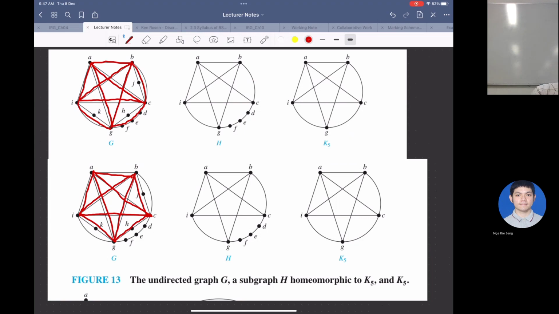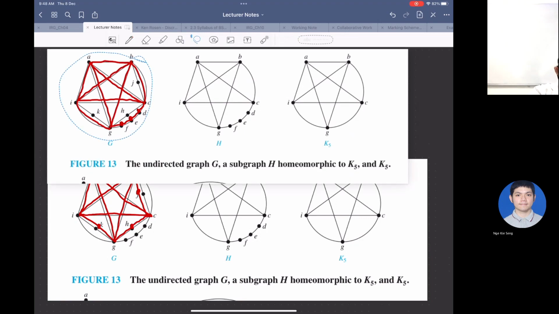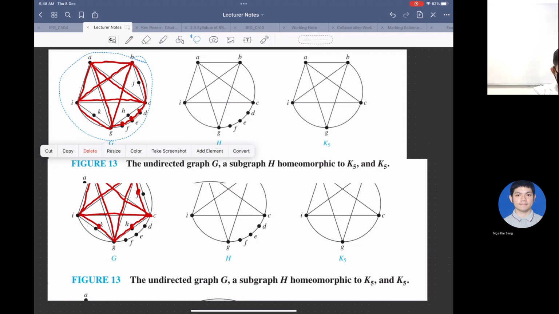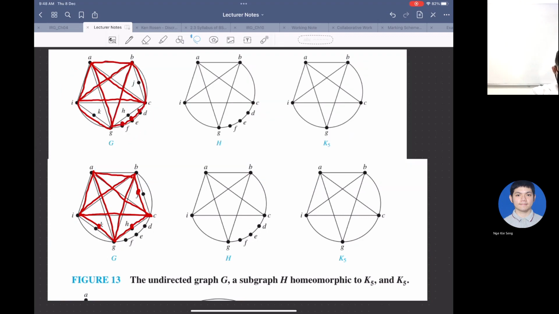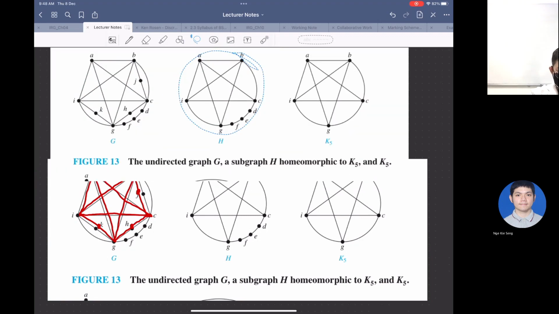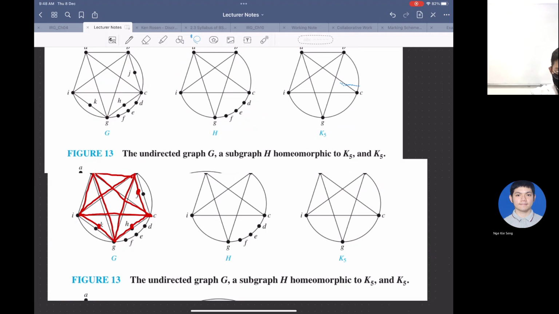So this one is the one I'm talking about, but the textbook one is talking about the outside one. But both these subgraphs are homeomorphic to K5. If you can't see it, maybe I can try to move it up. So for the first one, it is actually this subgraph here, H, and then H can be obtained from K5 by